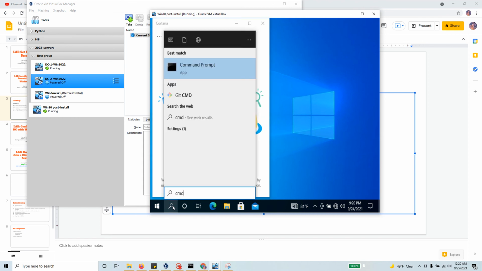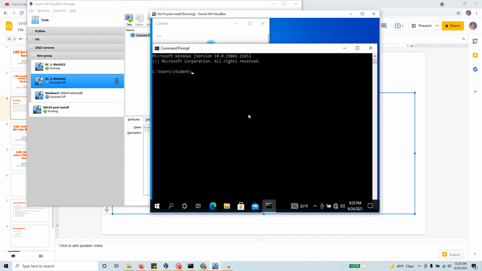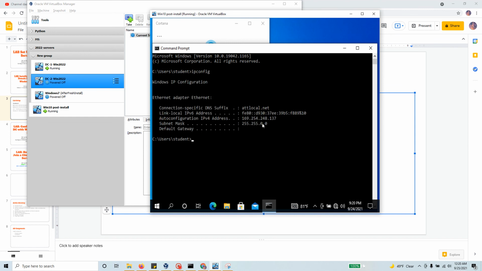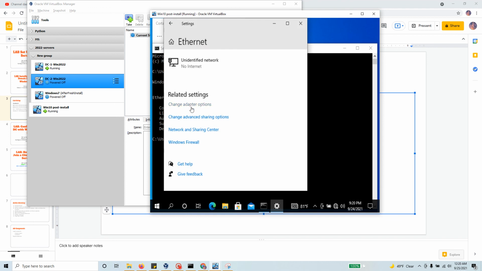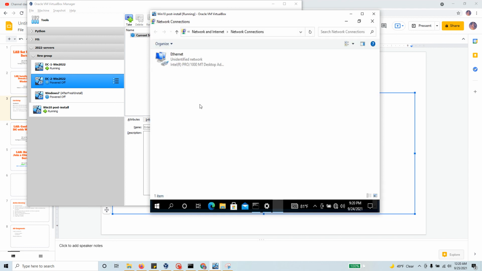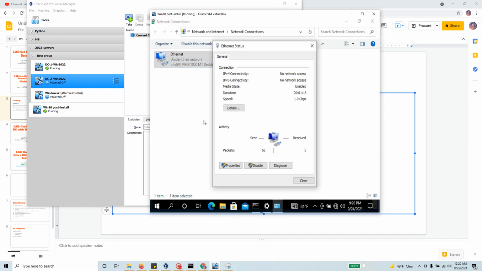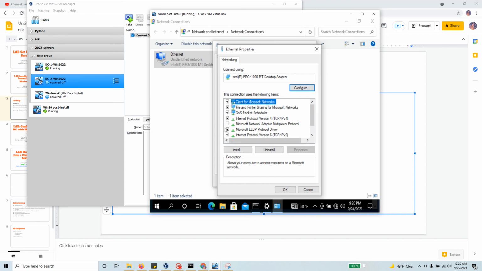So CMD, now I can open this one up, and again I'm going to do ipconfig. And this time I see 169.254. So my network card is not configured, so I'm going to go back over here again, right click, open network and internet settings, go to Ethernet, then change adapter options, double click on the Ethernet, go to properties and double